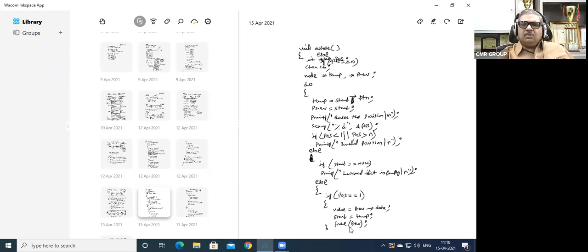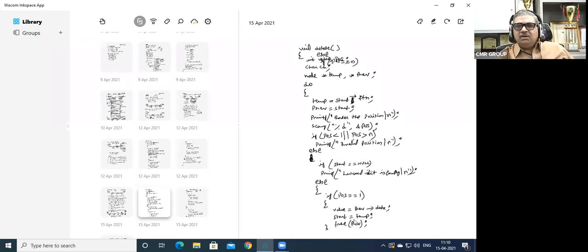Or, so you don't get confused, you can write free temp, very simple. Start is equal to temp is what? Basically the second node address becomes the first node, so that is overwritten. Start is equal to temp, and then now free the previous. That is very very simple. Or here you can write start is equal to previous arrow PTR instead of temp, which is also correct, and then free previous.